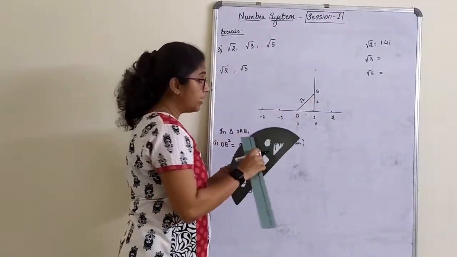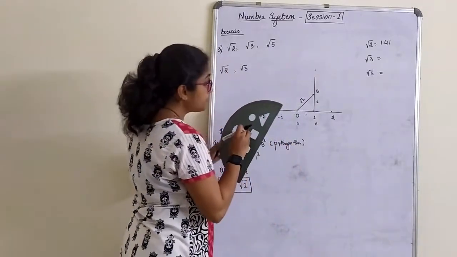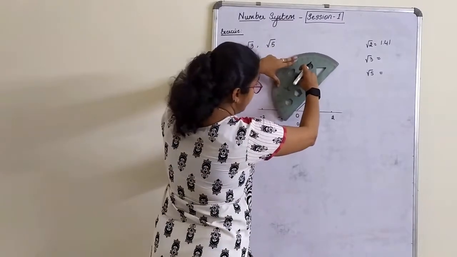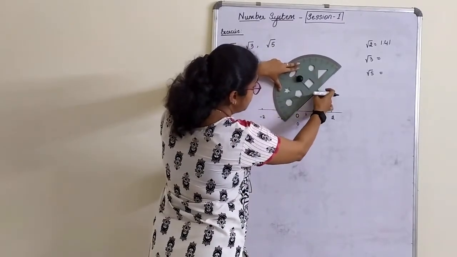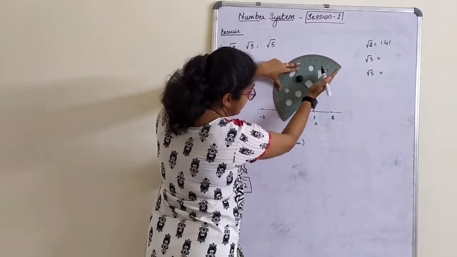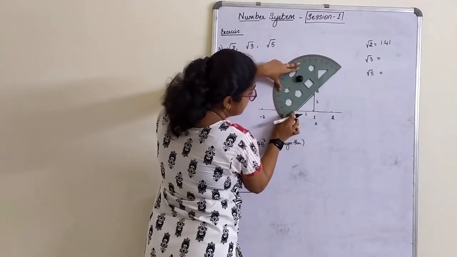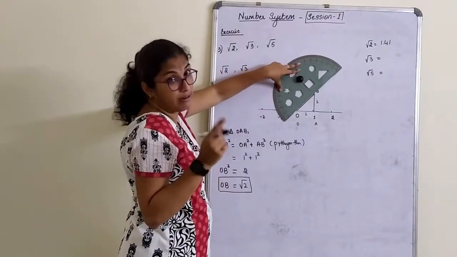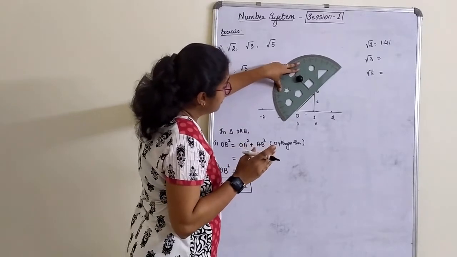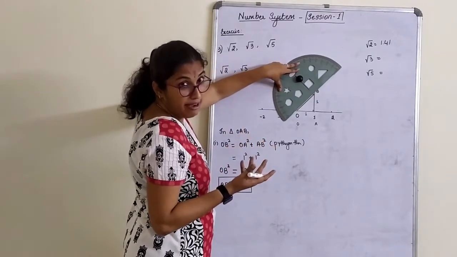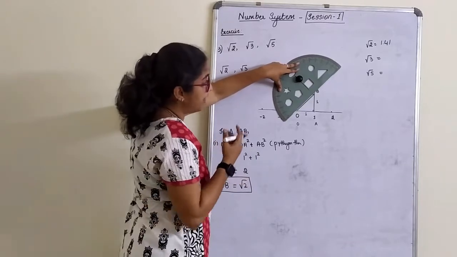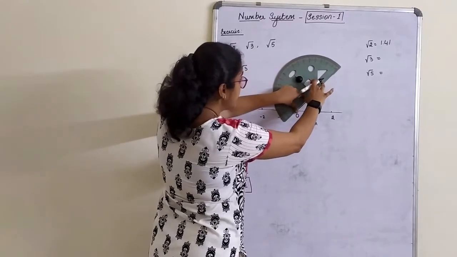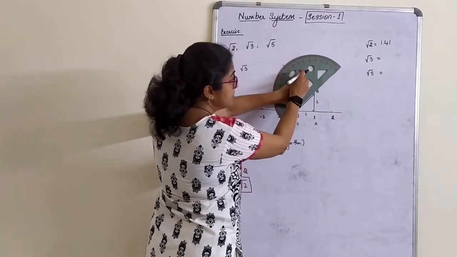Now, how root 3 is done: this is the line that you have. On that root 2 line, keep your protractor in such a way that the protractor center point coincides with the point B, and the whole protractor is again straight with this line. See the way I am holding the protractor. Please see properly. Learn to hold the protractor correctly first. Later you will tell, teacher, I am not getting root 3. I can't come there to teach you how to hold the protractor. So this point should coincide with B and the straight line. Correct? Mark 90. Okay? Very clear?